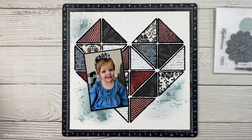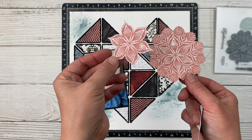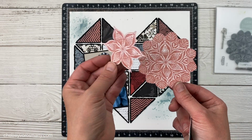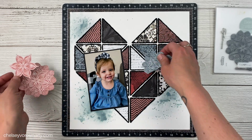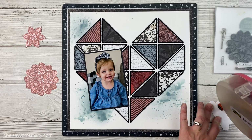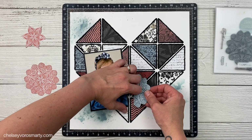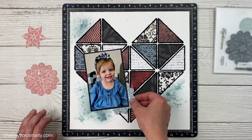So I stamped that beautiful doily on white cardstock out of the mist ink, and then this is out of the Desert Rose. And you can see for the Desert Rose how I left the full doily, and then I also cut it down into a flower. I have one more flower that I did for this page as well, where I cut down that doily,